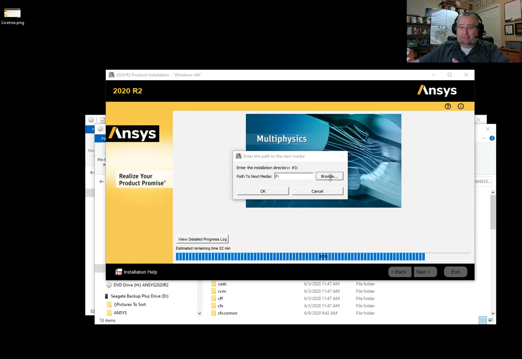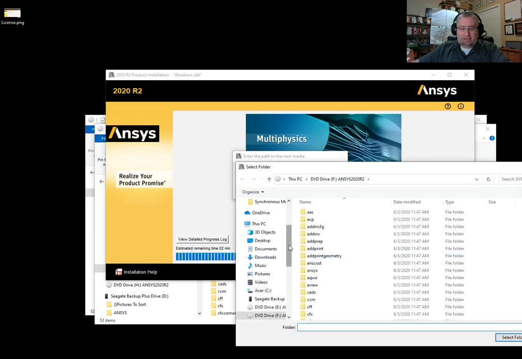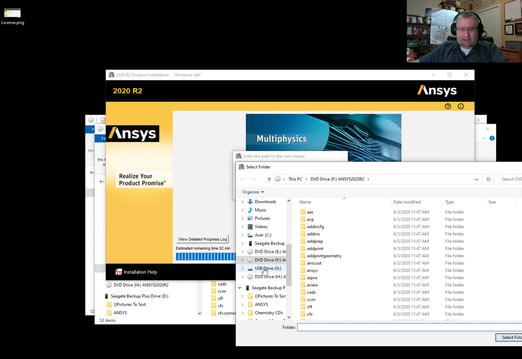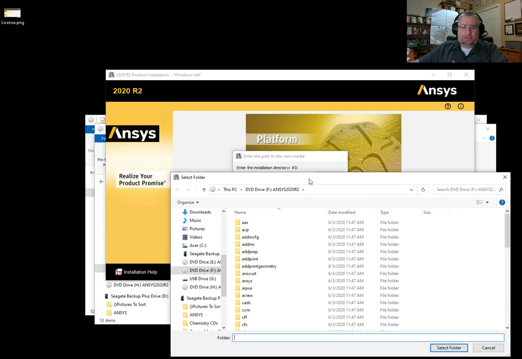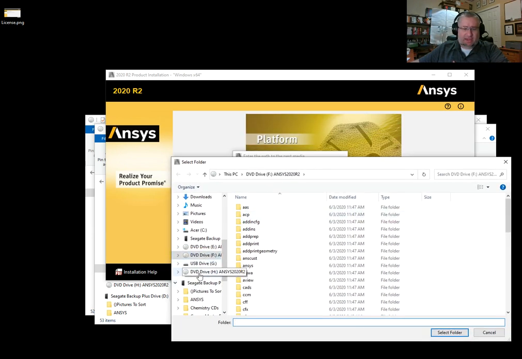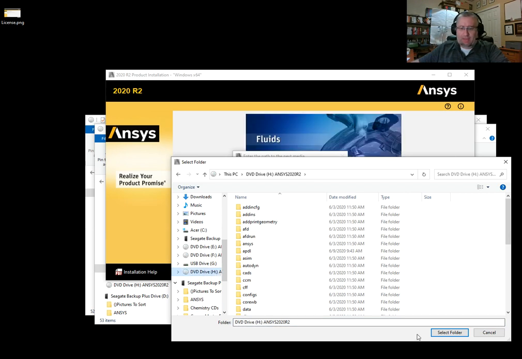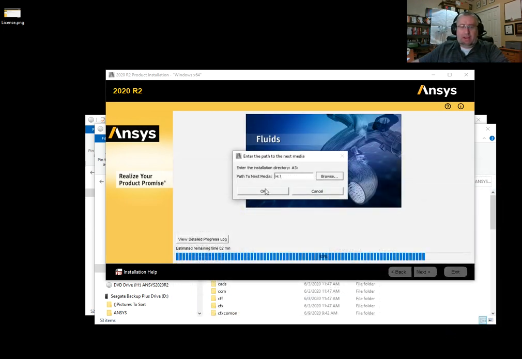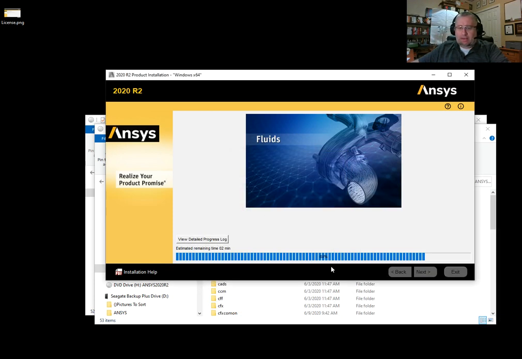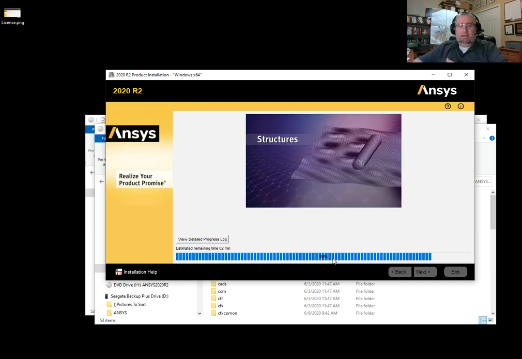And so remember, because of some weird snafu, I guess the G drive was already taken up by a USB drive that I've got plugged in. My third ISO file or third ISO disk is associated with the H drive. So I'm going to navigate here to select folders, and I'm going to click on H. And then I'm going to hit select folder. And then I'm going to hit OK. And we'll give it a sec here to make sure that it picks up. Okay, great. So that should be the third and final ISO install that we have to identify its location for